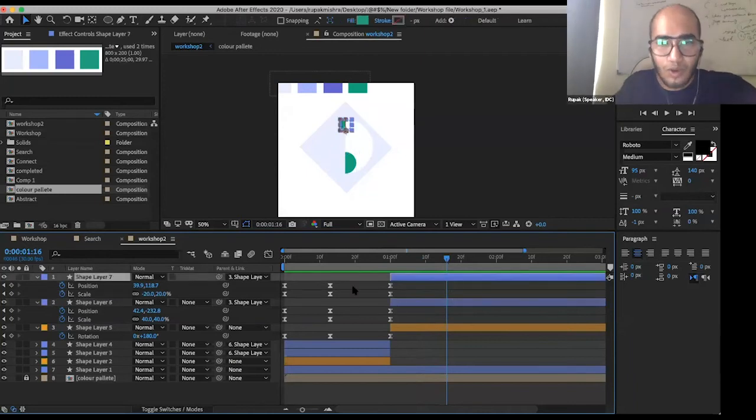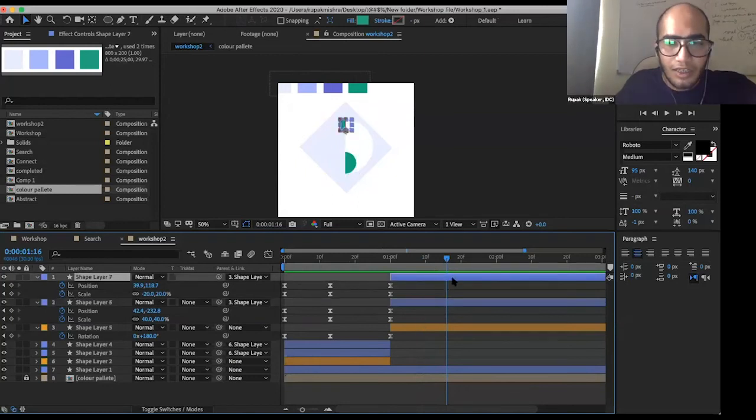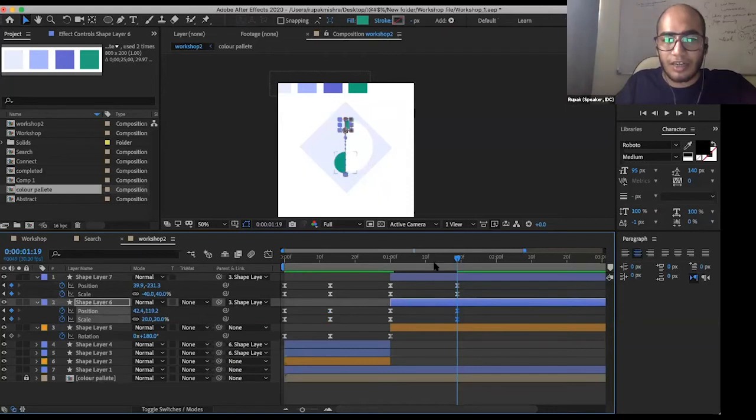So we'll go ahead with shape layer 7 and shape layer 6. We'll do the same thing, copy and paste, that we have done before. Right now, we want this to be exactly the same as it is at this point. Okay, just copy the middle frame, this one. Command C, Command V. And the same we'll do with shape layer 6, Command C and Command V. Then again it will appear at its position.